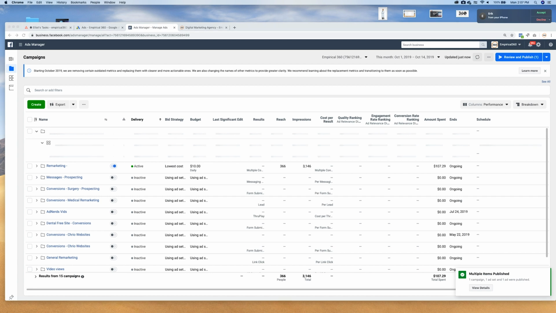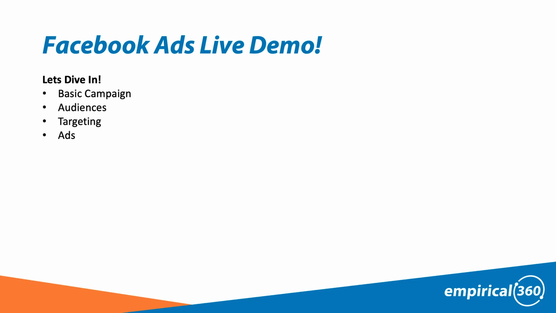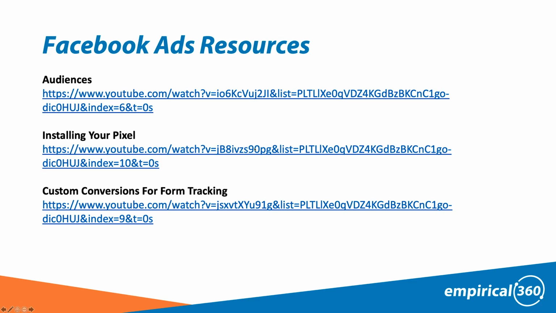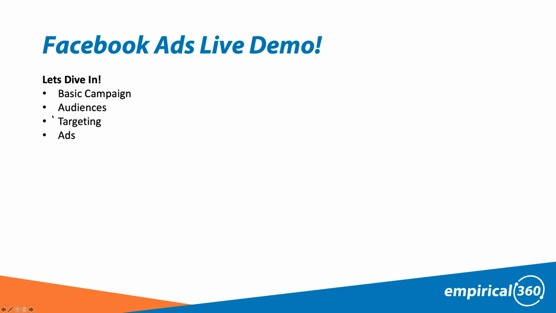And now we will go to our resources for Facebook. So, sorry, I'll go back one. You saw us create a basic campaign structure. You saw us create an audience of soccer players ages 20 to 35. That was the targeting, that was the audience. And then you saw me create a very basic ad. Again, that was not the best ad creation in the world, but that's pretty much what you want your ad to look like. You want to have an image, a nice offer, some supporting text,